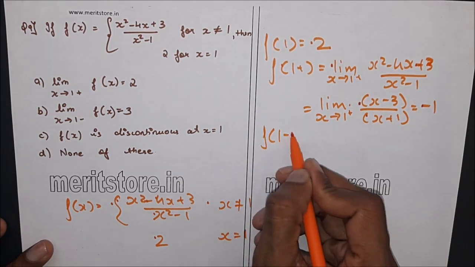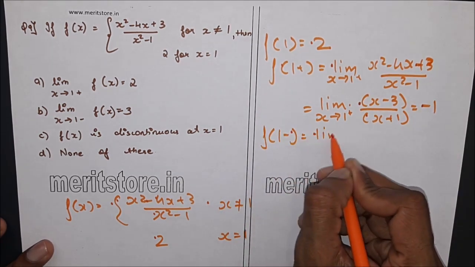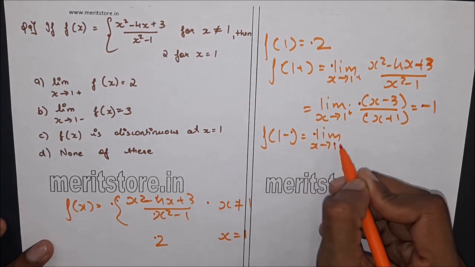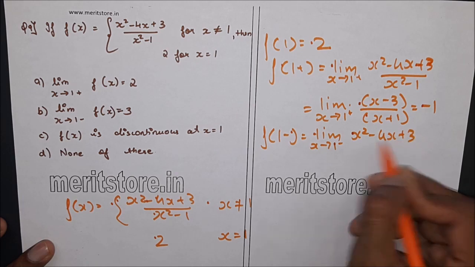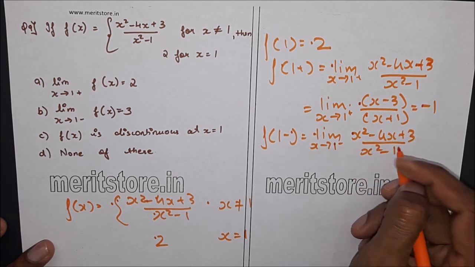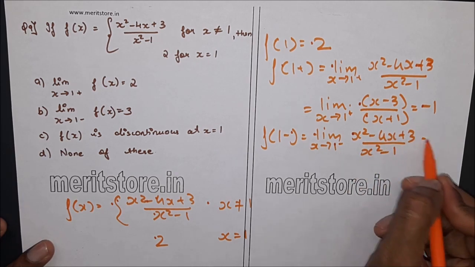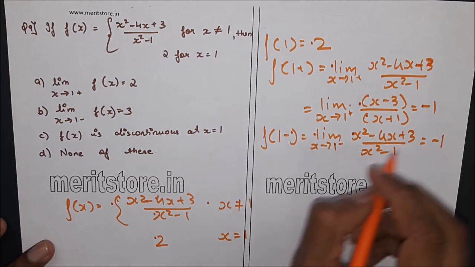For the left hand side, limit x approaches 1 from the left hand side, x square minus 4x plus 3 by x square minus 1, which we get as minus 1,